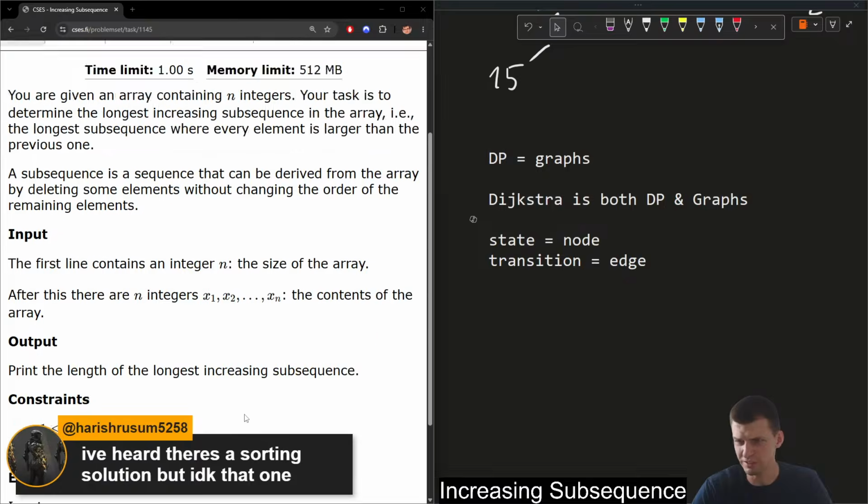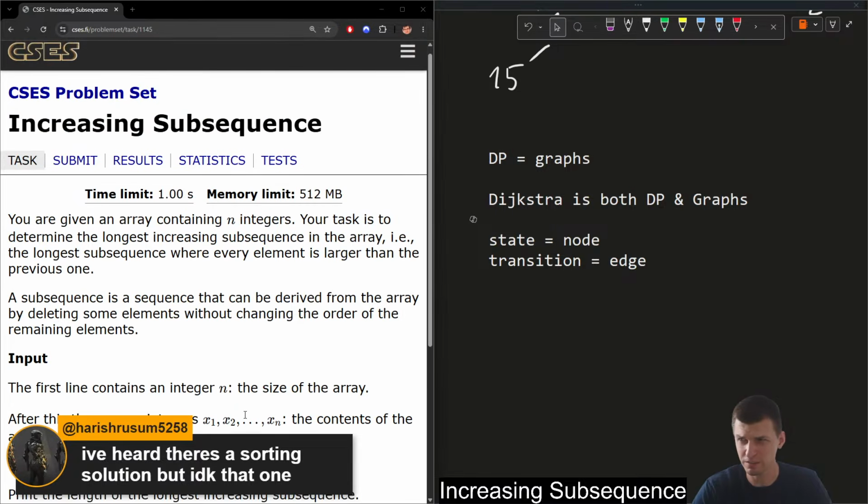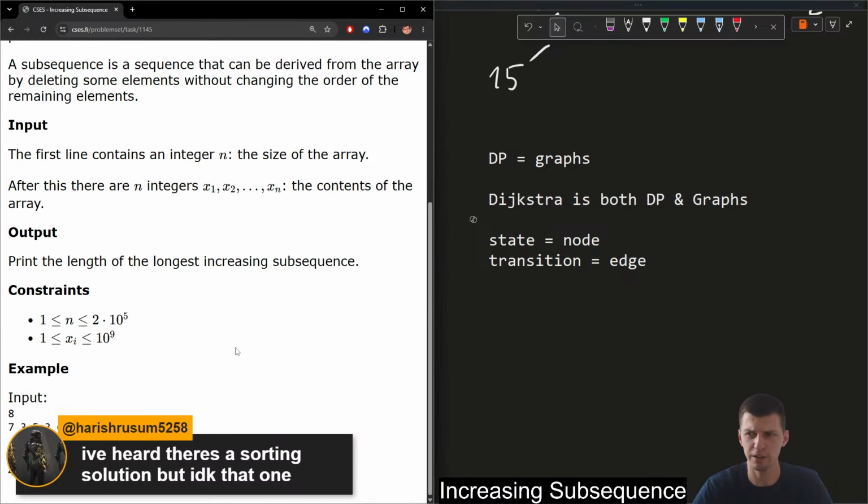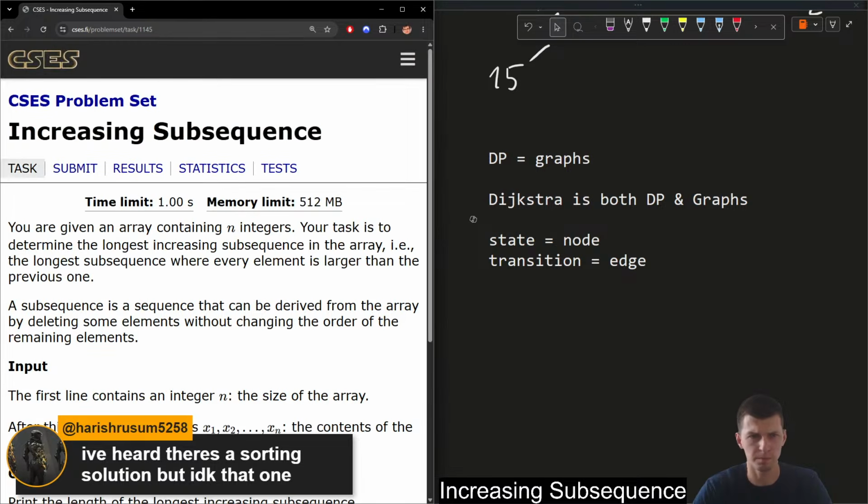You mean a sorting solution for increasing subsequence? I don't think it helps to sort this. You get an equivalent problem, I think. Okay, so